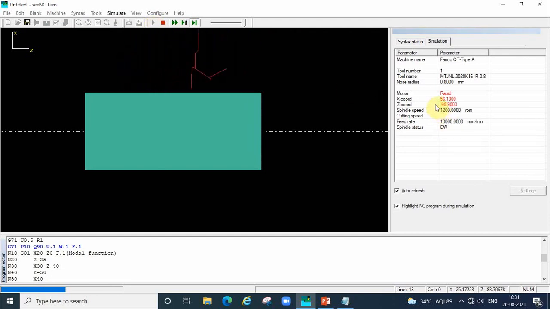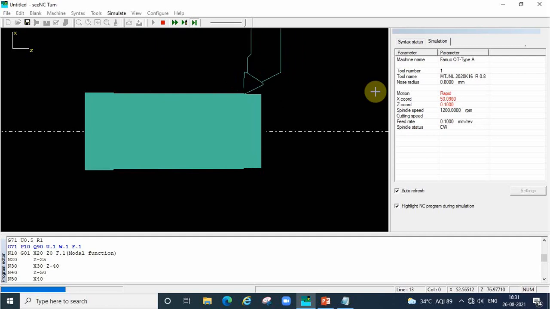So on the right side we can see where the cutter is moving, at which point the tool is, every time we can see the values. While executing the program, the color of the tool will be changing, red and green frequently. So what is the meaning?